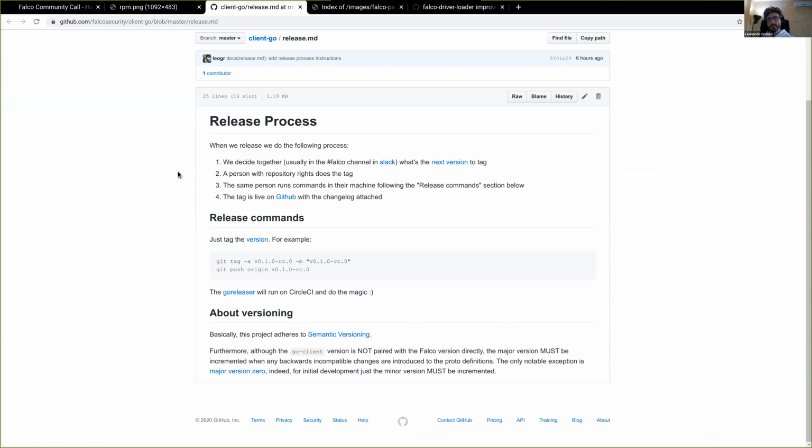One note about versioning that we discussed with Leonardo is if we should pair the Go client version with the Falco version. In my opinion, no, we should not do that because Go client is only dependent on the Protos file. So Leo and I were talking about the C API and writing flat buffers instead of protobuf files.